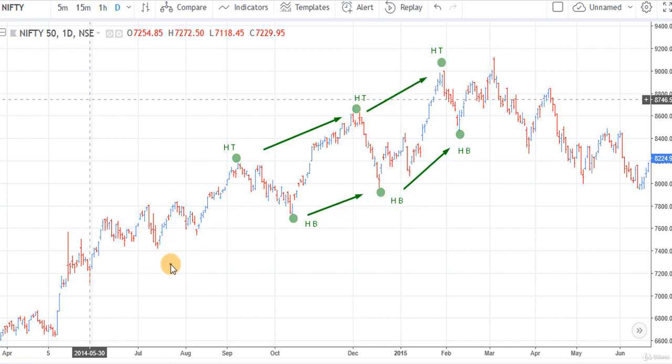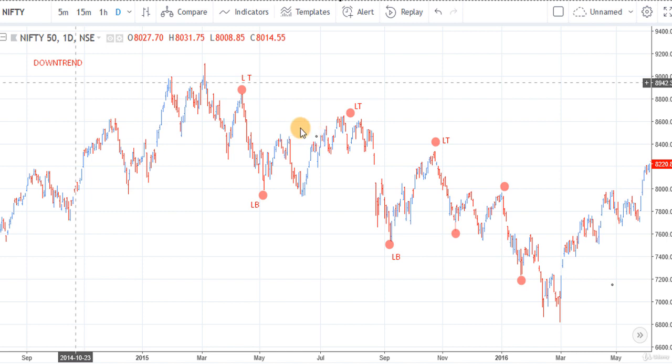Here demand exceeds supply and makes the prices move higher and higher, and we say that the market is bullish. In the uptrend, we should buy because the trend pushes the price higher and higher, and we make more and more profit. In a downtrend, there are successive lower peaks and troughs.